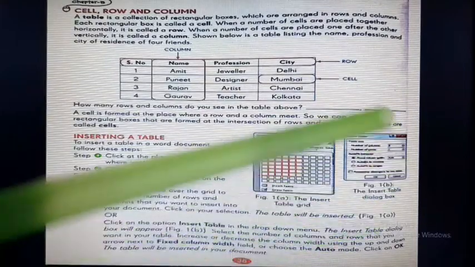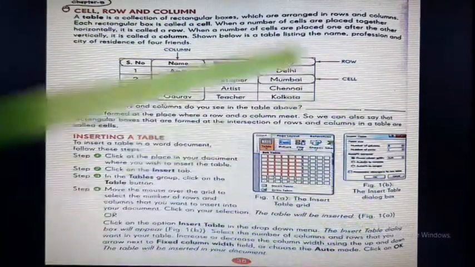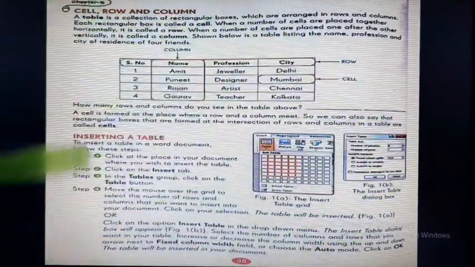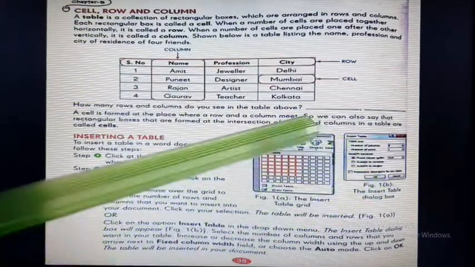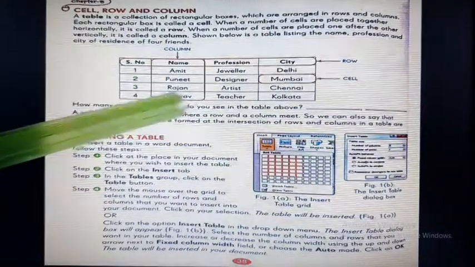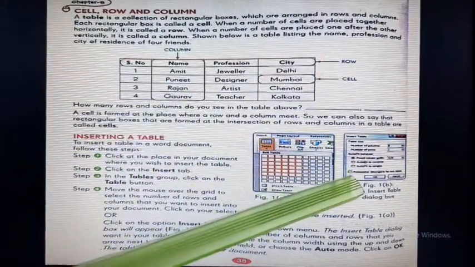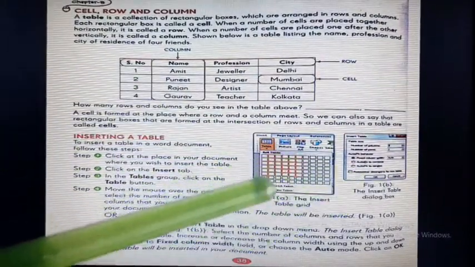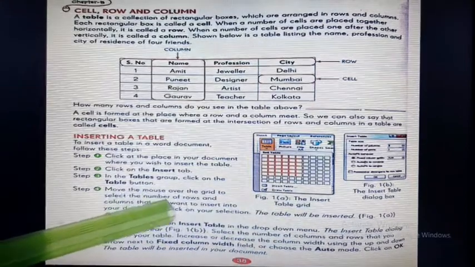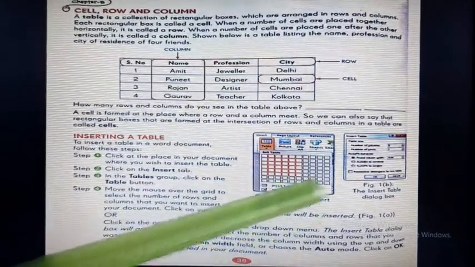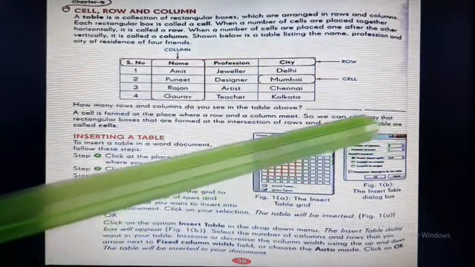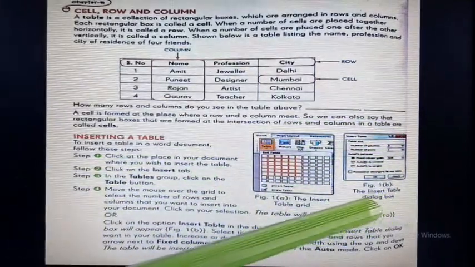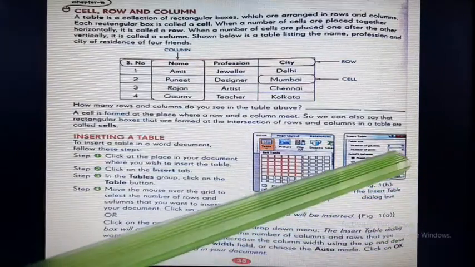Now you cannot see properly here in this video. If you don't see clearly in this video, you can refer to your books, your textbook, and refer to it. The insert table dialog box is the